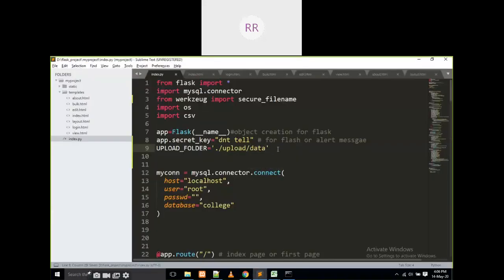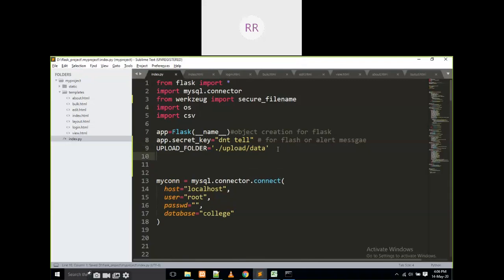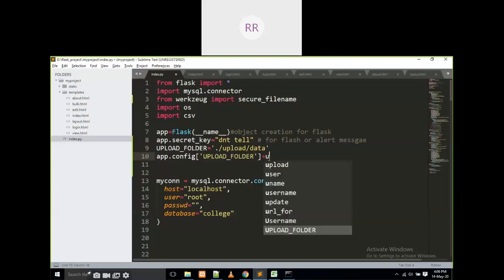UPLOAD_FOLDER is equal to dot slash upload slash data, then app.config UPLOAD_FOLDER is equal to UPLOAD_FOLDER. I am going to configure the default, so any file I upload is automatically going into this path, upload slash data.